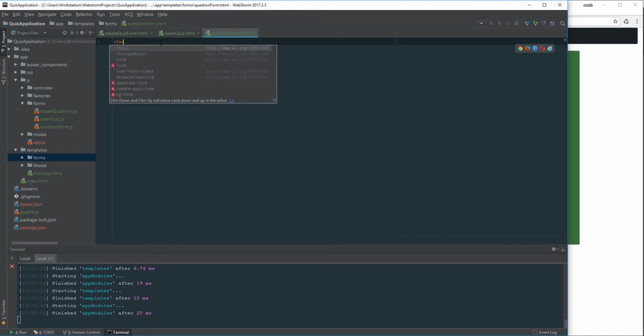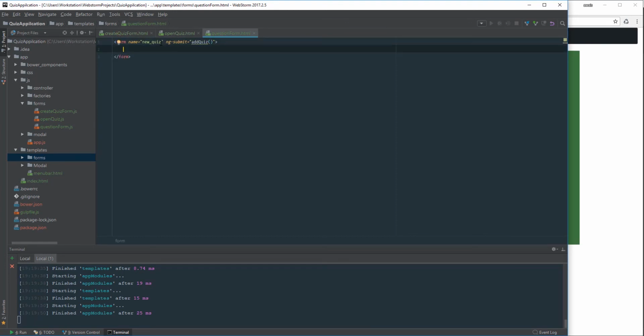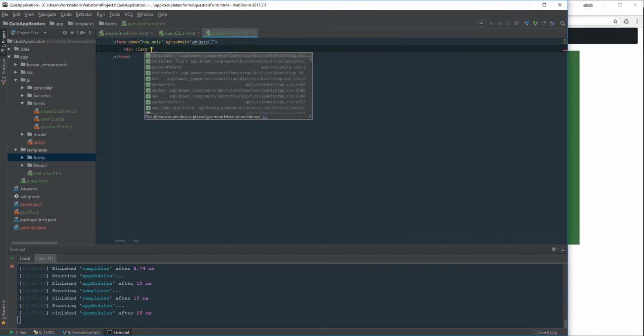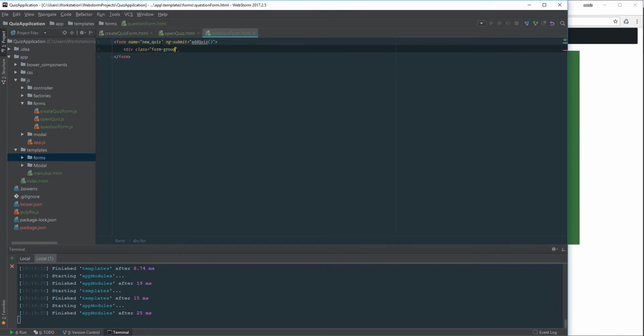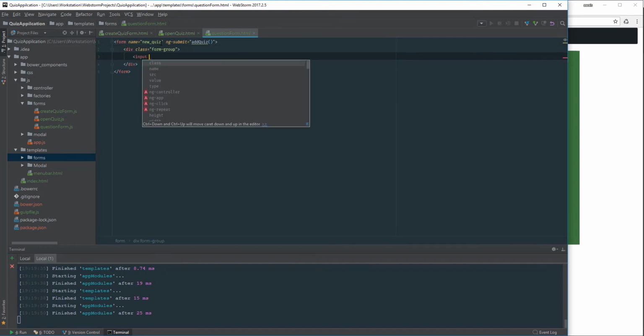So we just go and create a form here, and I'm just gonna name the form new_quiz. I'm gonna say ng-submit, and here we need to use a function which we haven't created yet, but we will create that function. But first, let's create a form. So here we have a div, we have a class, I would just say it's a form-group, and then inside that we have some inputs now. So here we just go input, type would be text, and then I'm gonna name this author,